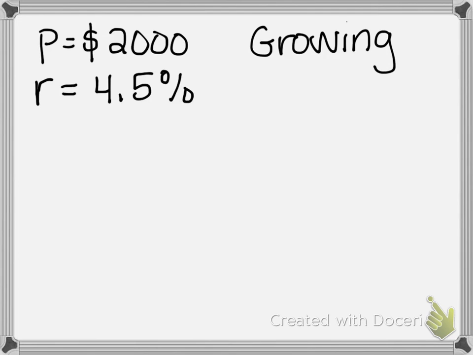So I'm just going to write a simple model. I'm not even going to actually calculate the value at this moment. But I'm going to divide my rate, so I have 4.5 divided by 100. And 4.5 divided by 100 is going to be